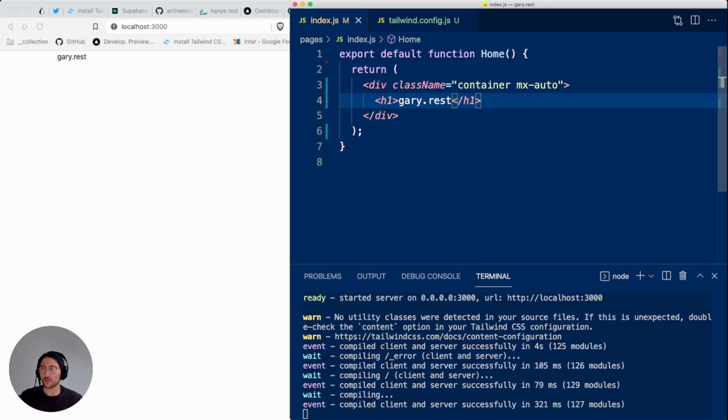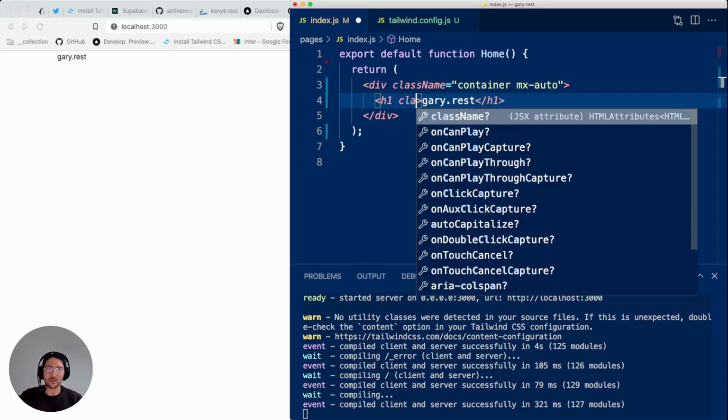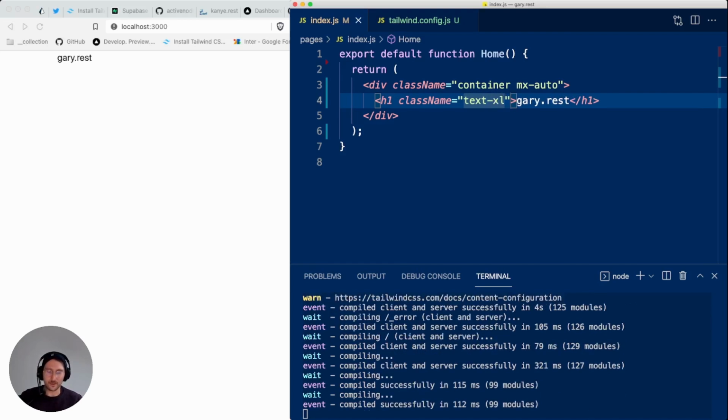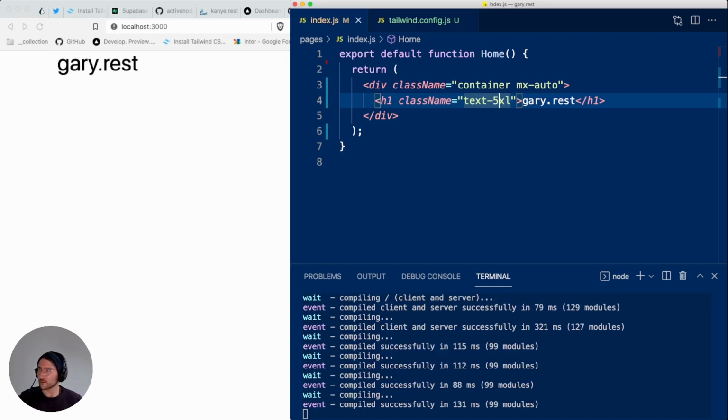And when we save that, we notice that it's a very small h1. That's because I think, I'm not sure, but I think one of the concepts of Tailwind is that everything looks the same until you style it. So what we're gonna do is, I think there's a class called text-xl or something like that. Let's just try it. So text-xl, does that change anything? Yeah, it does. And then you can add numbers in front of XL, for example 5, which makes it bigger, which is cool, I guess.